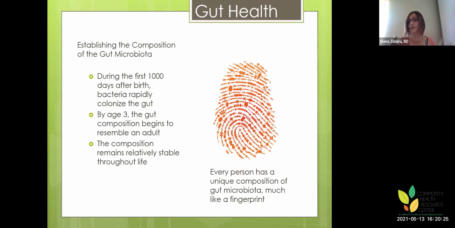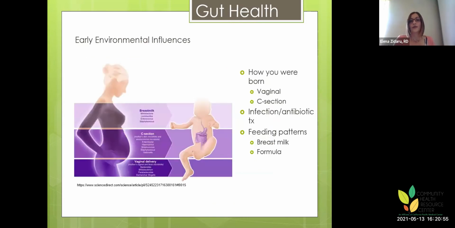And every person in this world has their own fingerprint of gut bacteria. So it's very unique and specific to that particular individual. At this point, we don't have a standard healthy gut microbiome, let's say a map saying, this is what a healthy microbiome looks like, and this is the ratio of different bacteria that we should have. There's no such thing. And that, in a way, makes it a little bit harder when it comes to recommendations for probiotics.